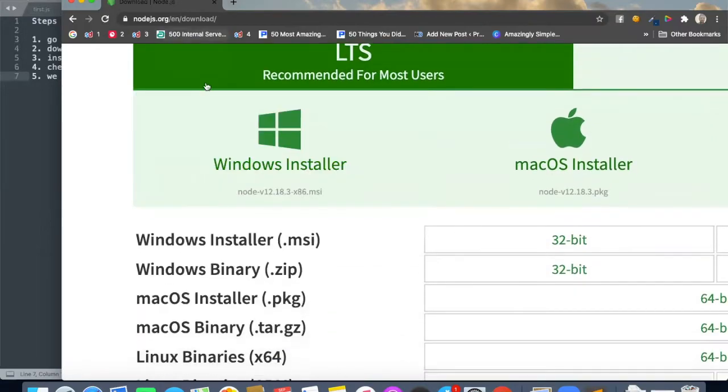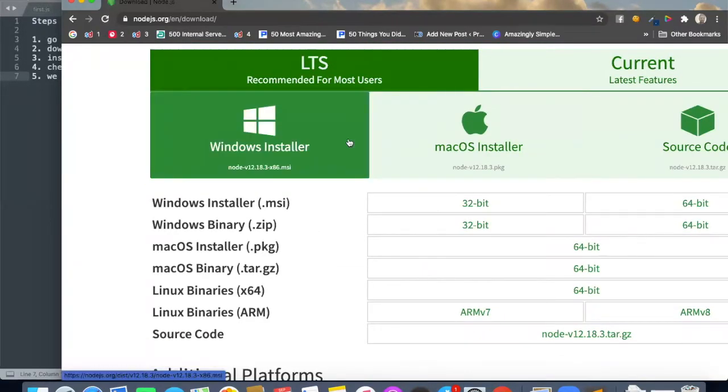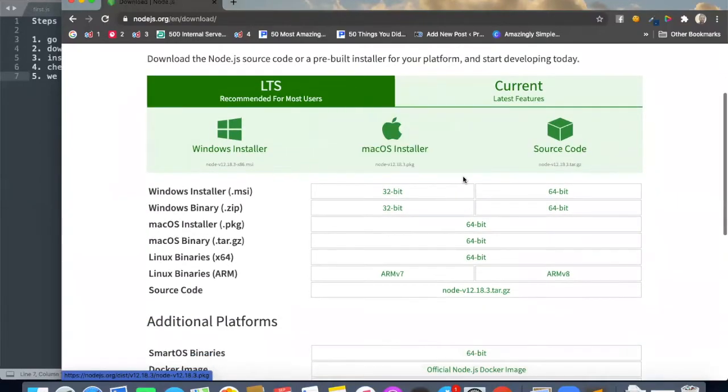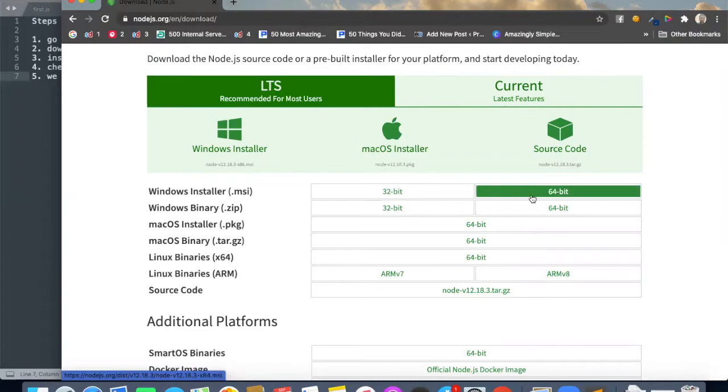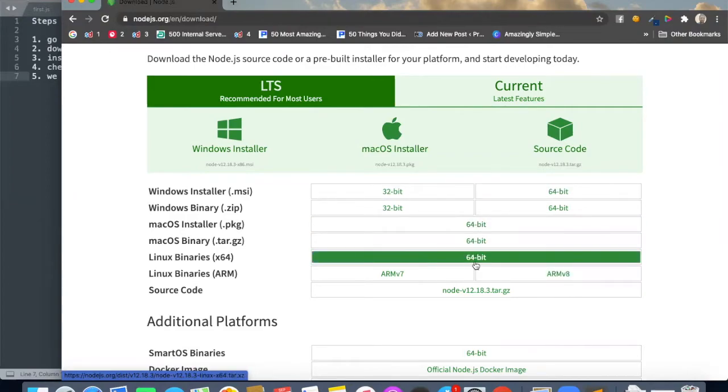So let's see, guys. We need to download the package that is appropriate to our operating system. If you are using Windows, you need to download the Windows 32-bit or 64-bit, depending on your Windows. I'm using a MacBook right now. So guys, for MacBook, it is only a 64-bit operating system. So I will download the PKG file for my MacBook. If you have a MacBook, guys, you can download this one. If you have Windows, you can go to this or this one, depending upon your operating system. And if you have Linux, guys, you can download this package, right?